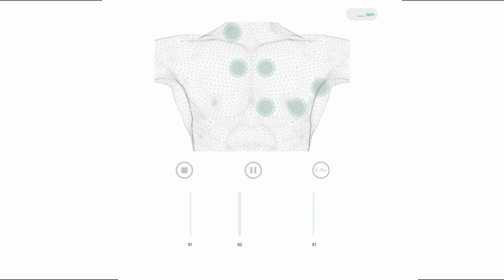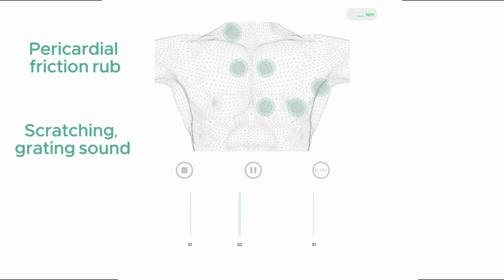Let's now consider the signs that may be present in a patient with pericarditis. A pericardial friction rub is a pathognomonic auscultation feature in acute pericarditis. It is highly specific, although its reported sensitivity varies, occurring in between 30 to 85% of cases. It's a scratching and or grating sound,